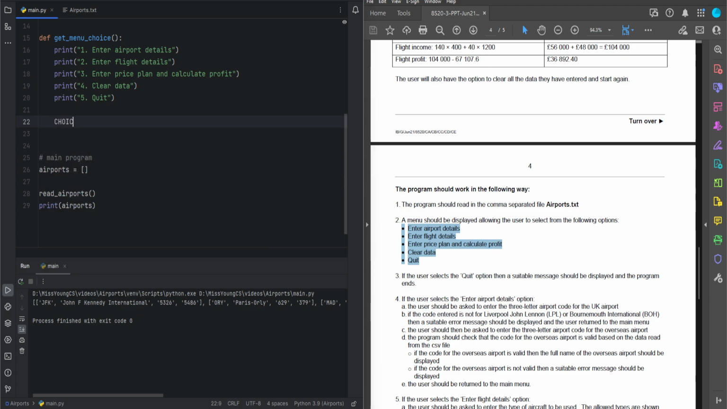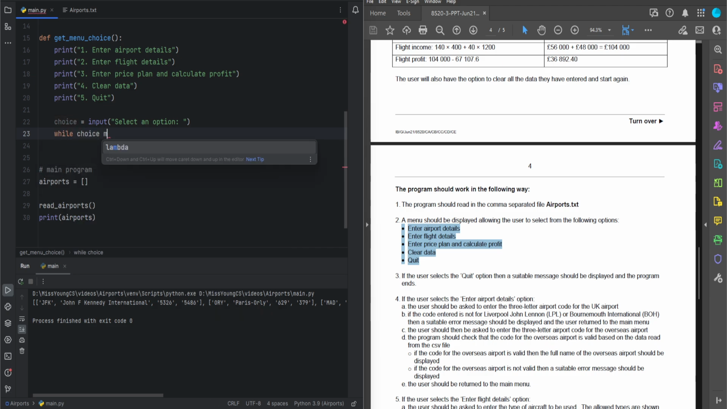So what we want to do is we want to get a choice, and we can input, for example, select an option, and we don't need to convert it to an integer because we're not going to be doing any maths on it. So we can just say while choice not in 1, 2, 3, 4, and 5. So while it's not in any of those options,